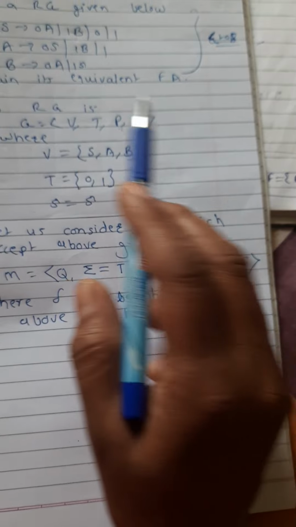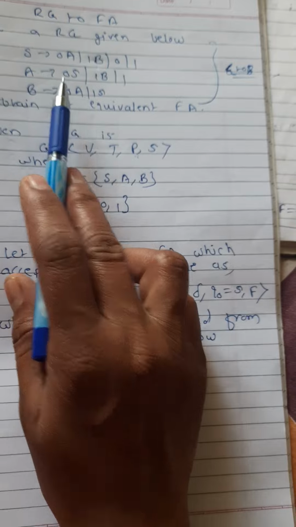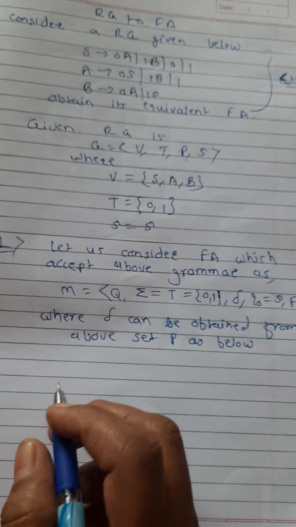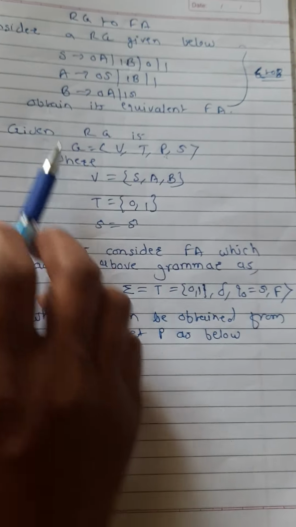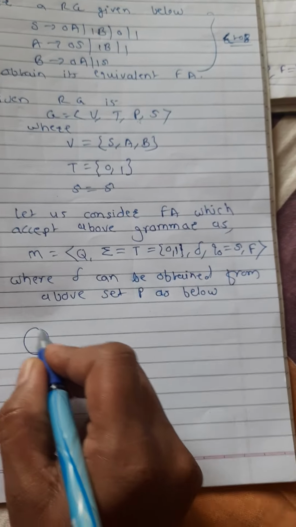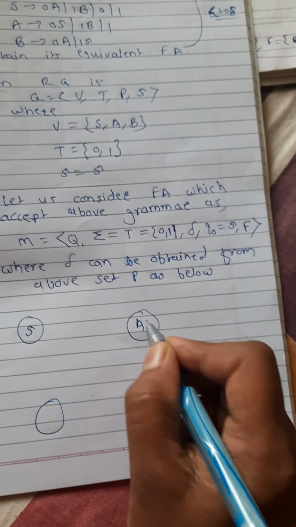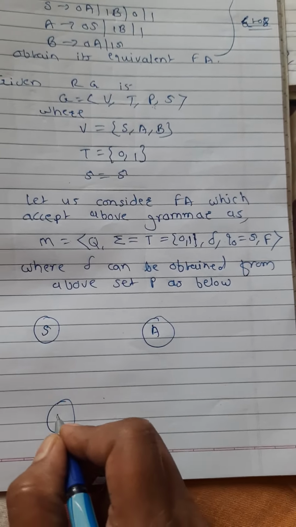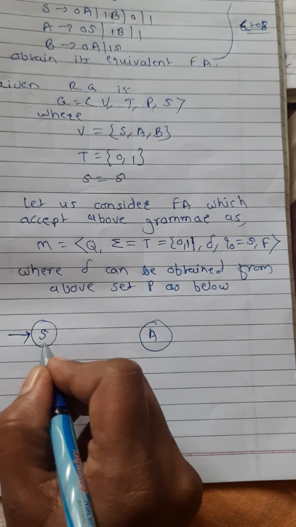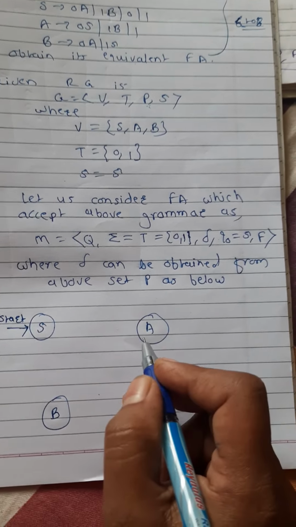In the previous video we have seen how to convert production rules into the transition diagram, so apply the same steps here. Let us consider the given rules. How many non-terminals are there? 3 non-terminals are there: S, A, B. So draw the 3 states S, A, B. Give the state labels as the variable names, that is, label them like the non-terminal names. Then the state associated with the starting symbol is S, so it will become the initial state of the finite automata.